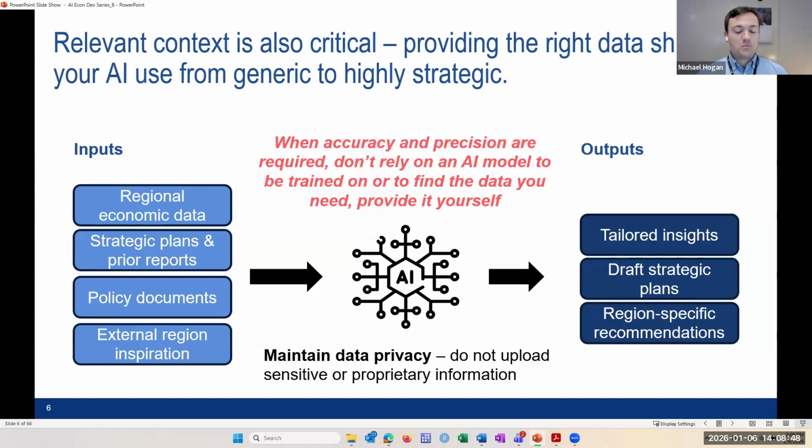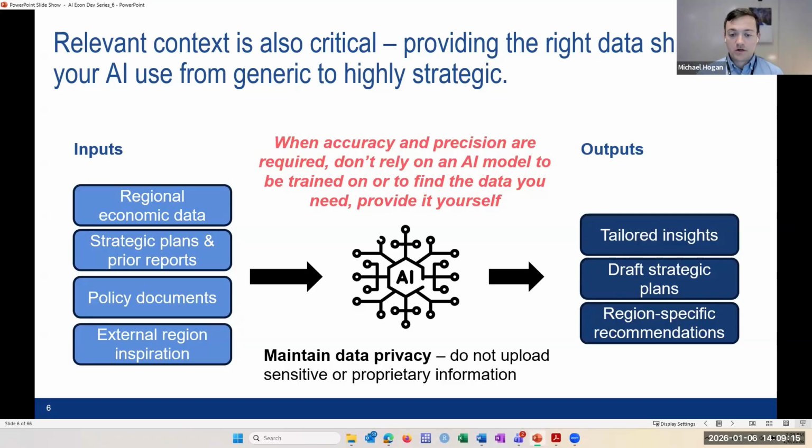This included specific inputs, things like regional economic data, strategic plans, prior reports, policy documents, sometimes things from external regions. But overall, if you need to be accurate, if accuracy and precision are required, it might not be the best to rely on the AI model to already know what you're trying to find. You may need to provide it yourself.